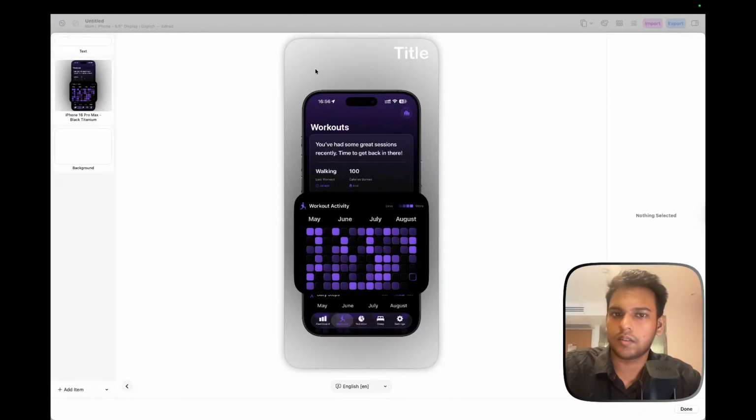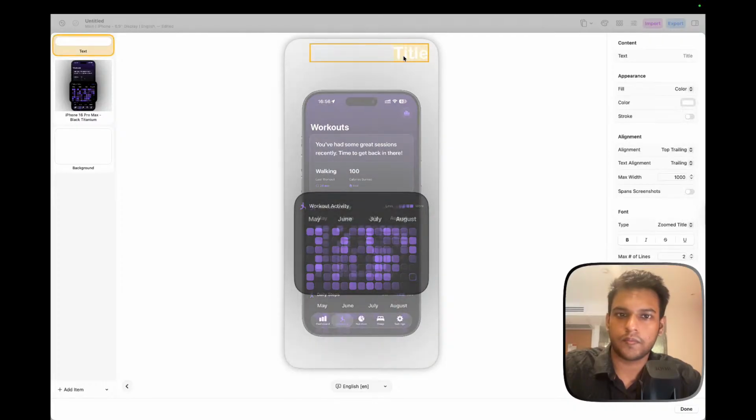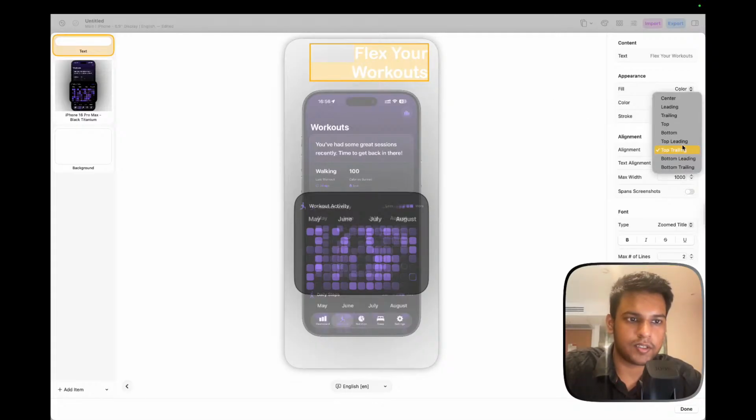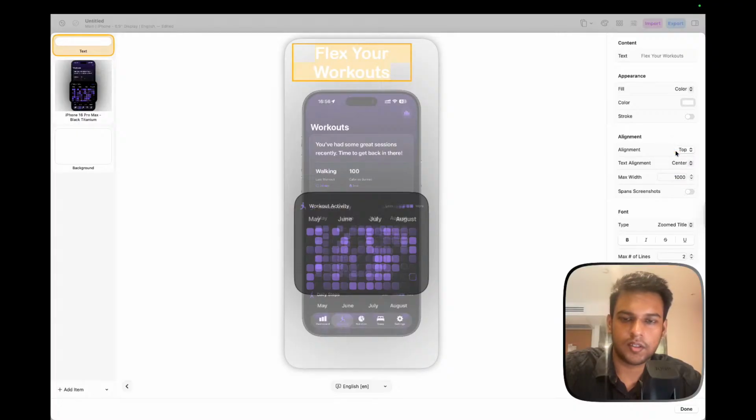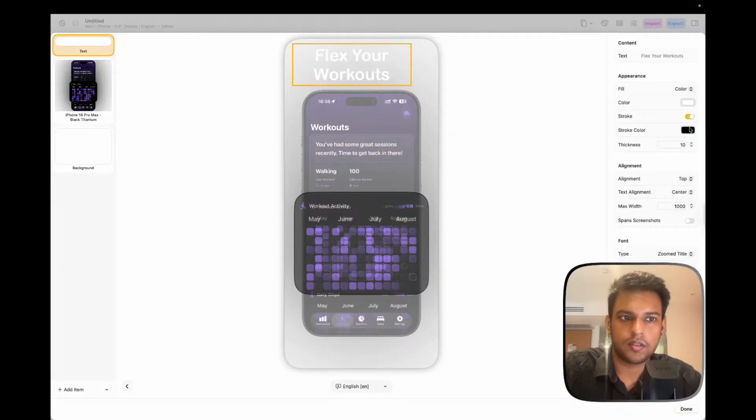And the title should be Create, Flex Your Workouts, because what I've realized on Twitter is people would love to flex their workouts. No, I think I would want to have it as a top, like just top, and then have center alignment, and